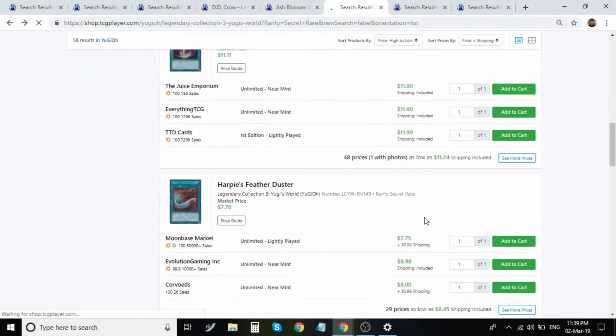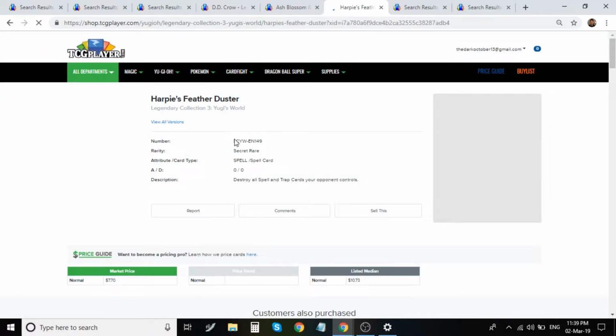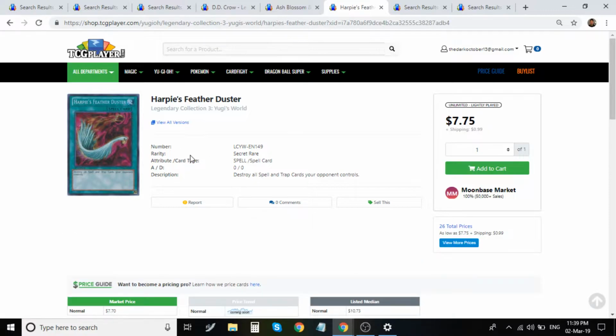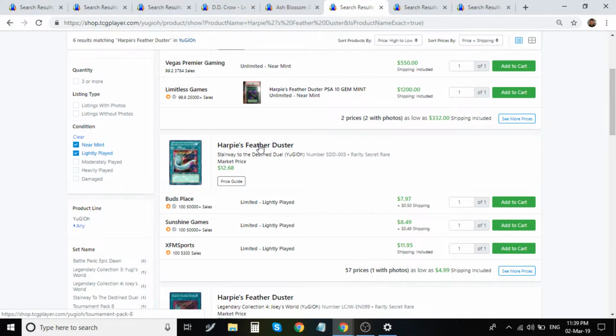There's a secret rare there, Harpy's Feather Duster. Don't buy this version. Get the Game Boy version. Please do yourself a favor and get the Game Boy version. This secret rare does look pretty nice, but it is nowhere near the prismatic secret rare of the